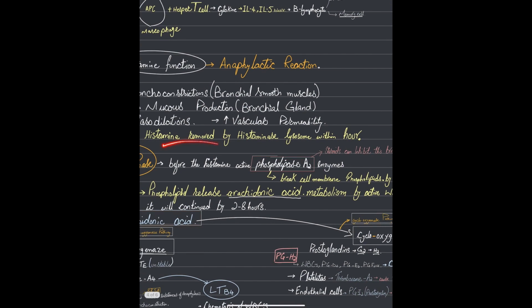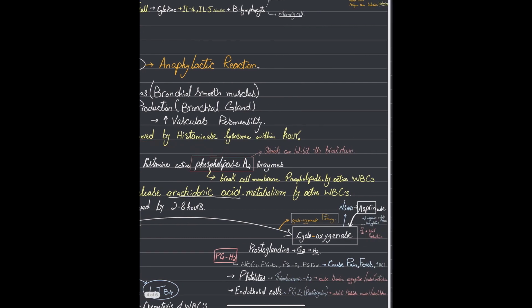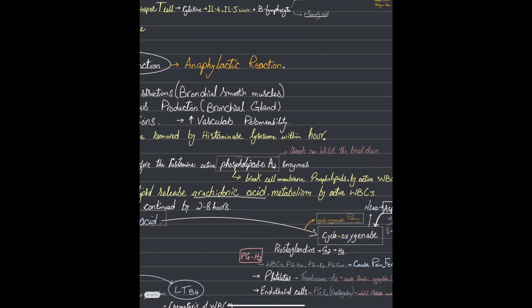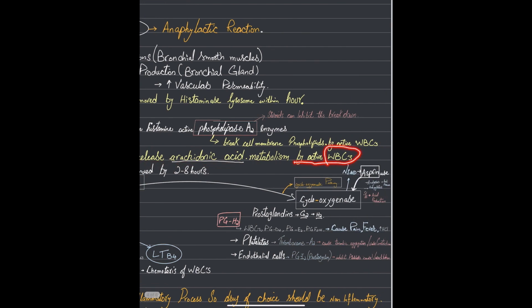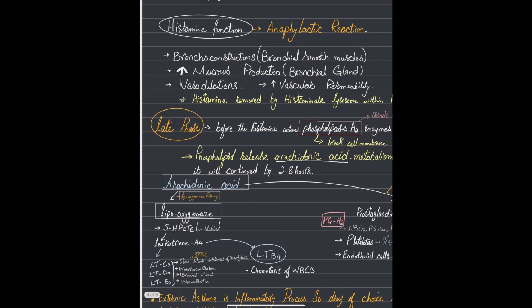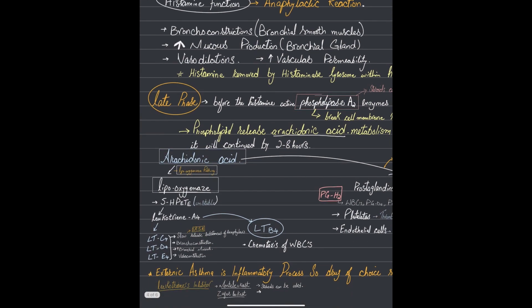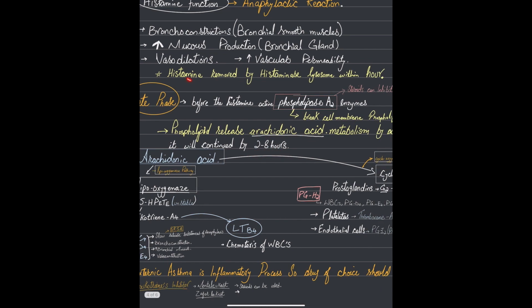Histamine is going to be removed, but it activates this one, and this one activates what? White blood cells. And white blood cells, you can see here, the phospholipase releases arachidonic acid, metabolized by active white blood cells. So it can continue for 2 to 8 hours. It takes like 2 to 8 hours to get to this step. Okay, so simple, you can see histamine, before it goes to die, it activates phospholipase A2, and phospholipase A2 with